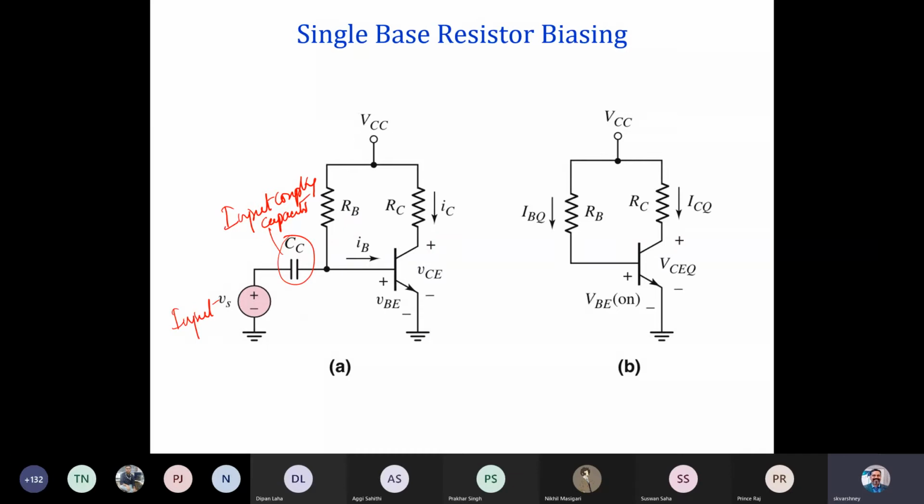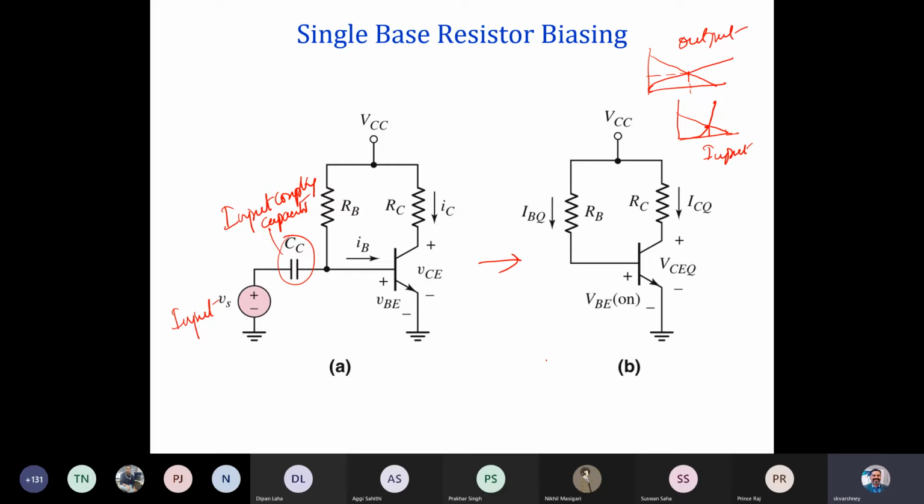So this is the circuit, but when you look at the DC condition, we simply need to find the Q point, the quiescent point, on the output characteristics, whereas this is the input characteristics. At the Q point, what are the current values? In DC, the capacitor becomes an open circuit, so we simply replace it with this circuit. This is the input characteristics, and this is the output characteristics.